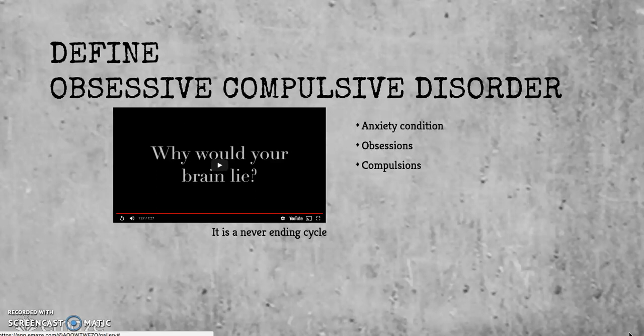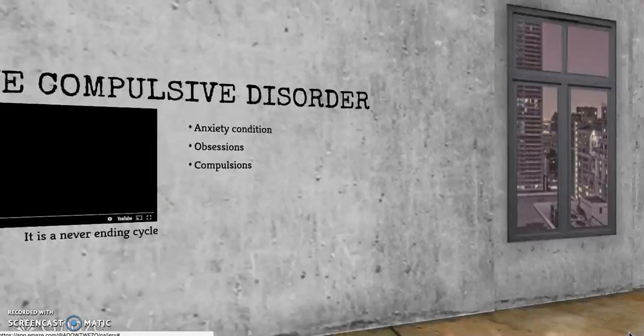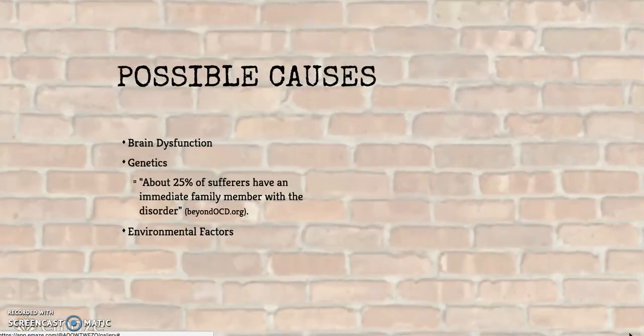Obsessive compulsive disorder is an anxiety condition in which a child is plagued by unwanted thoughts, images, or impulses. These are called obsessions. The child attempts to fend off or neutralize the obsessions by performing ritualized or repeated behaviors called compulsions. Unfortunately, for someone with OCD, it is a never-ending cycle. It starts with the obsessions, which leads to the child having strong feelings of anxiety that he or she feels they must relieve in the form of a compulsion. This relieves the anxiety until another obsession surfaces and the cycle begins again.